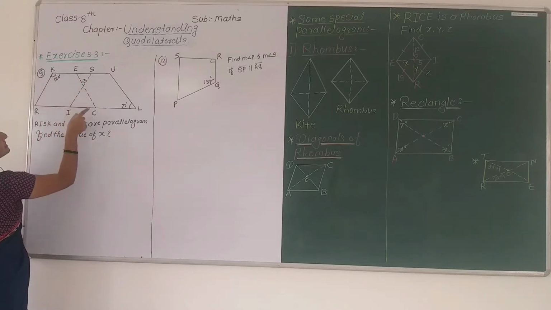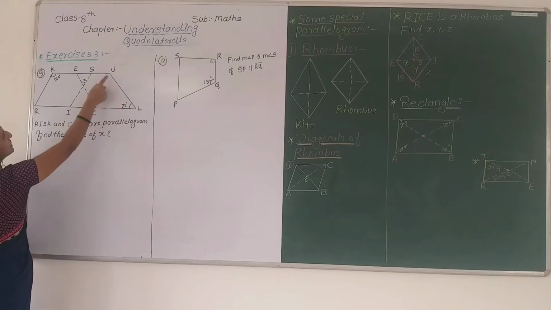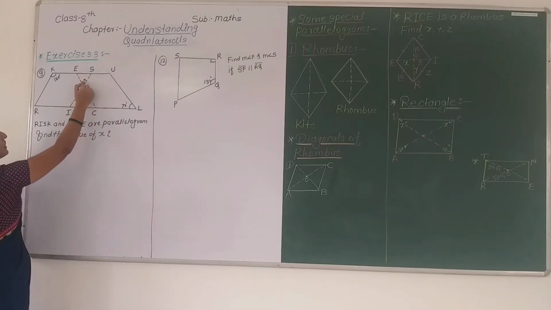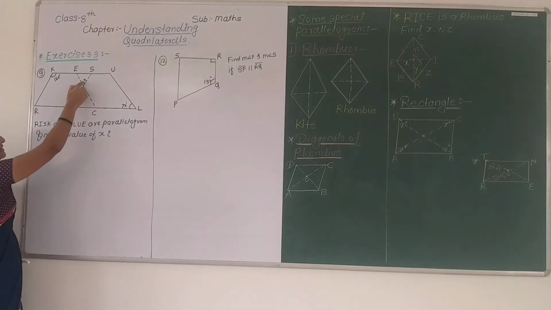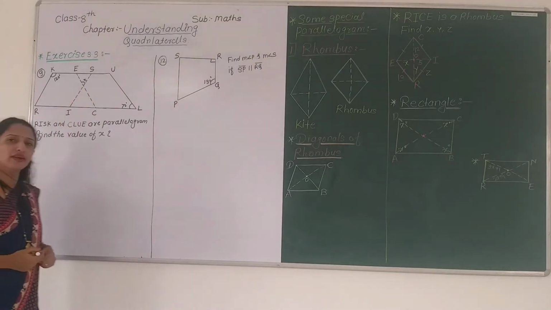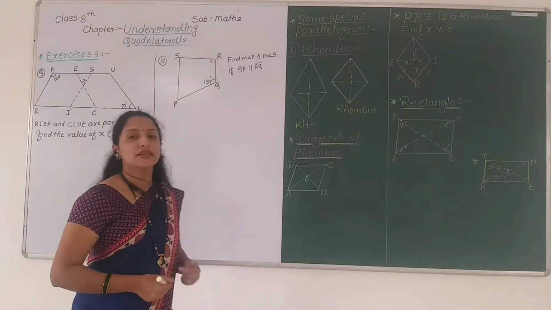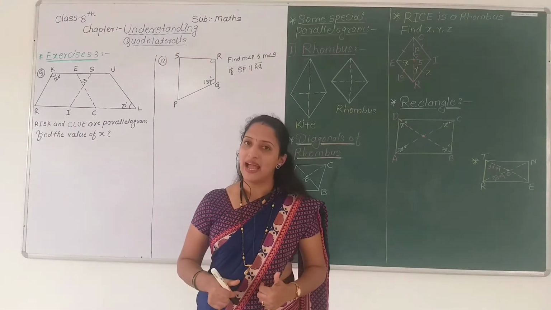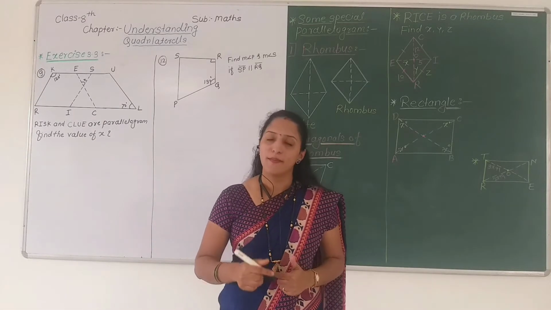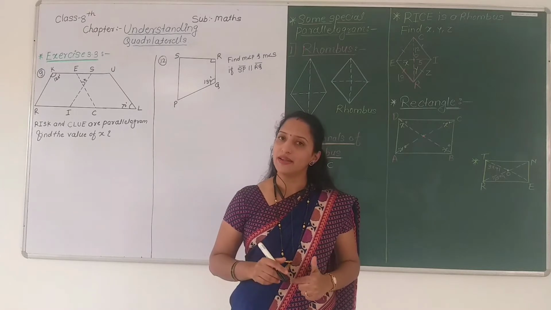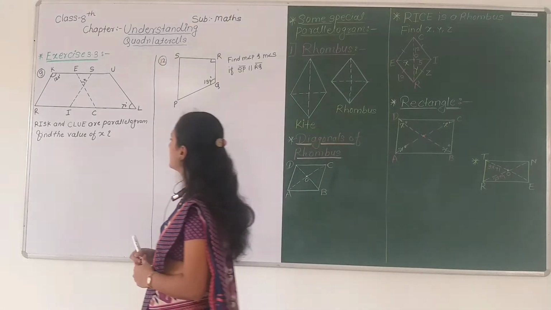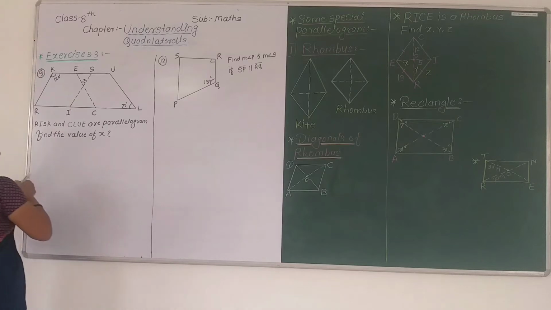R, I, S, K and C, L, U, E. Okay, that intersecting point here is x. We have to find the angle x here. So how can we find this? Here we use the property of parallelogram that opposite angles of a parallelogram are equal, right? Opposite angles are equal. So for the parallelogram,